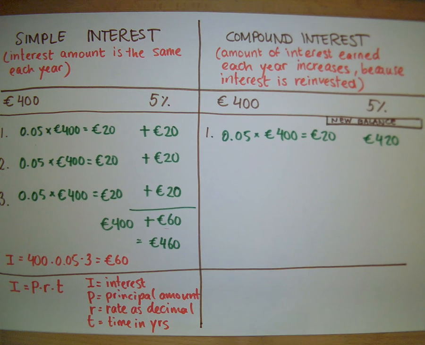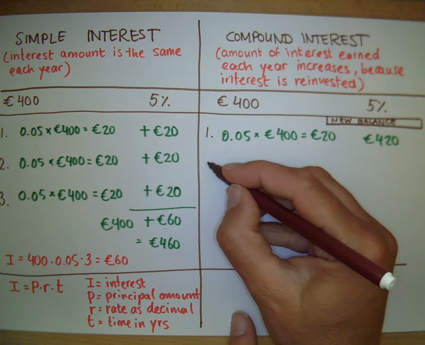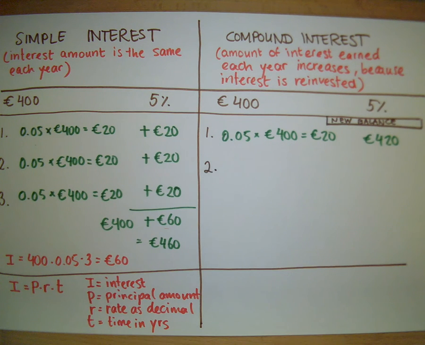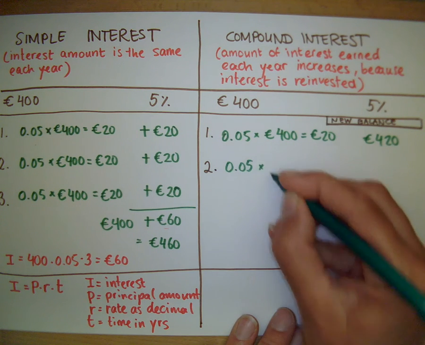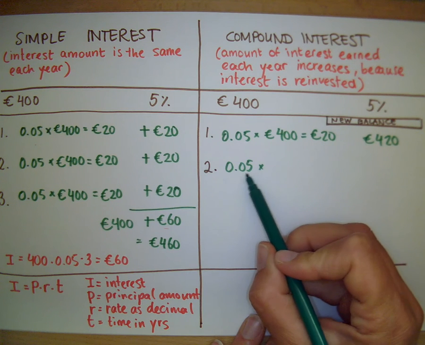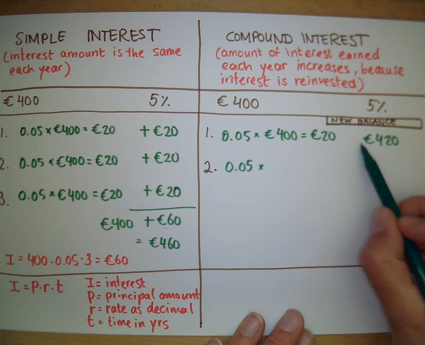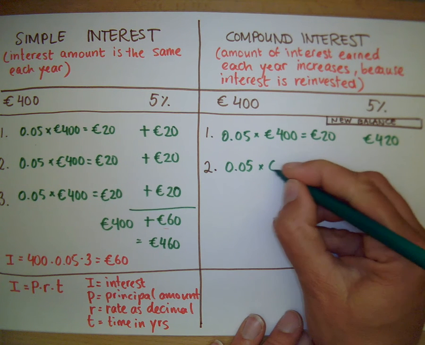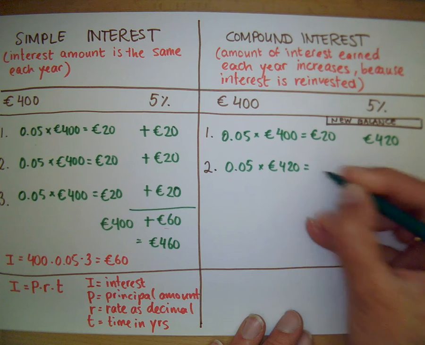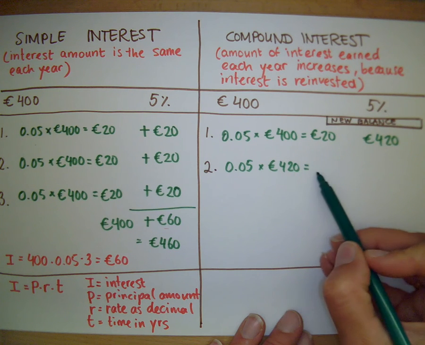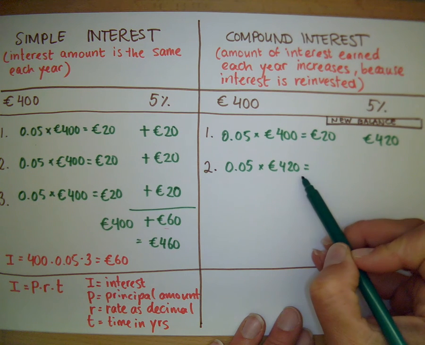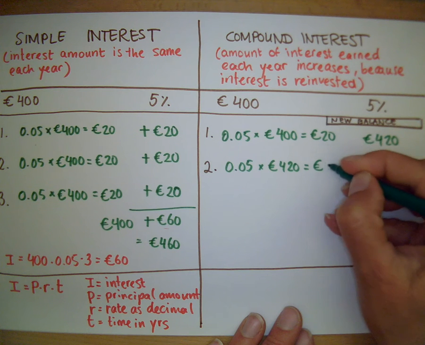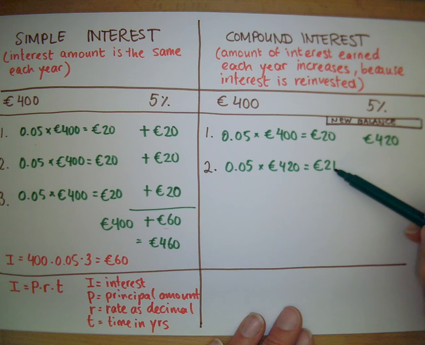After the second year, at the end of the second year, the bank says, oh, thank you so much for lending us your money, loaning us your money, whatever. We are going to give you 5% interest over your account balance, which was 420. Now, obviously, 5% of 420 is going to be more than 5% of 400. 5% of 420 is 21 euros. So the bank is going to add the 21 euros to your account